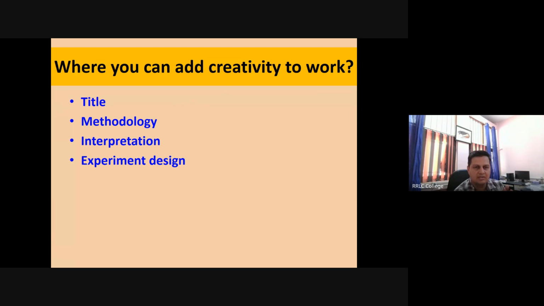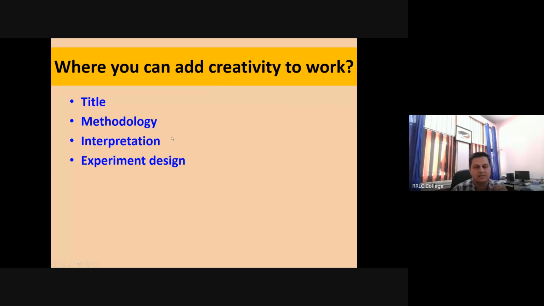ऐसा भी हो सकता है कि जो रिसर्चर है वो यूएस में कहीं काम कर रहा हो, वहां की कंडीशंस अलग है, and we are adopting the same methodology in India where the conditions are different. So the methodology has to be set in our way based on our environment, field conditions, या तो laboratory conditions. So here we can modify the thing, we can add different things, creative things.